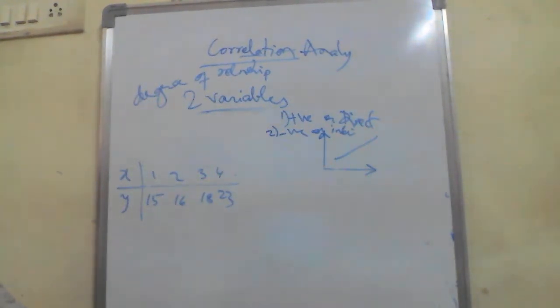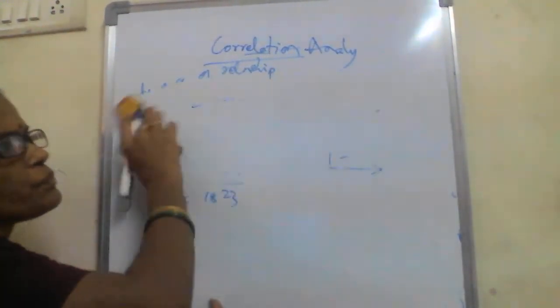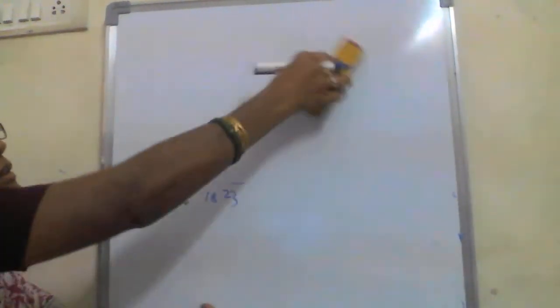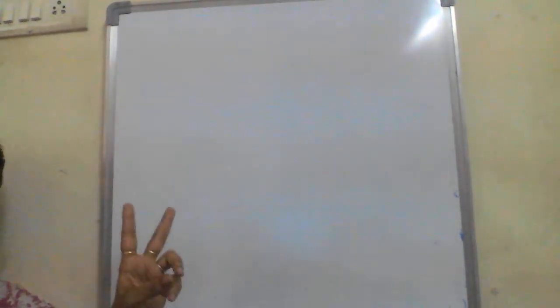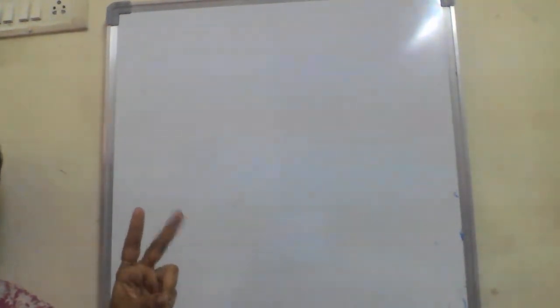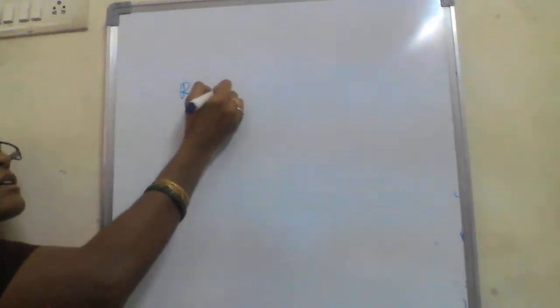The rank Spearman or Karl Pearson. So next is regression, regression analysis. We come to the next topic, the regression. Correlation means it is the relationship between two variables x and y. Depending upon the correlation coefficient values, you can say what type of relationship exists. And next is regression.